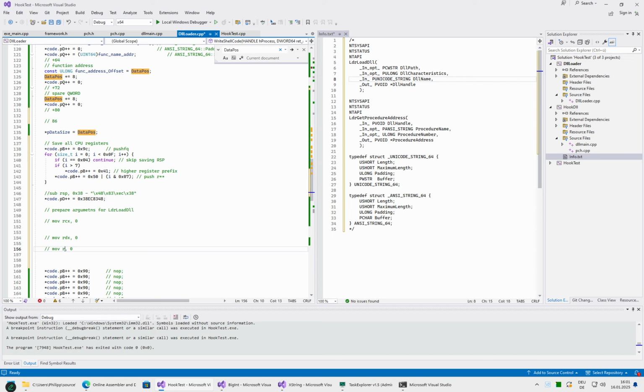R9, R8, sorry, R8. R8 is now the important one. This will be the address of our Unicode string. So R8 will be a different command. It will be a load address, lea, R8, and here we want the